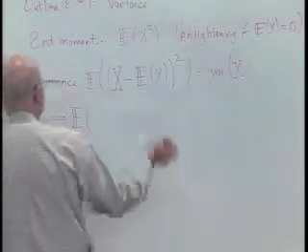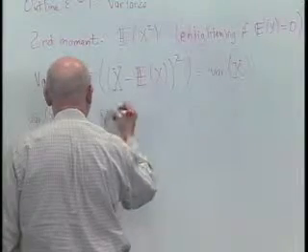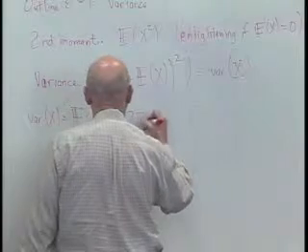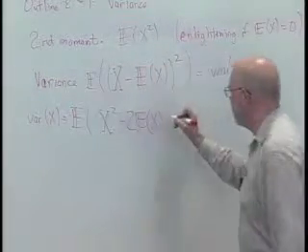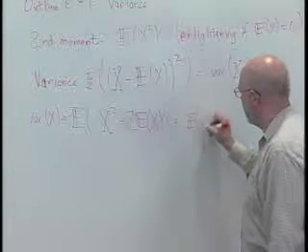What is this? This is a function of the random variable capital X. It's capital X squared minus 2 times the expectation of x, which is just a number, times x plus the